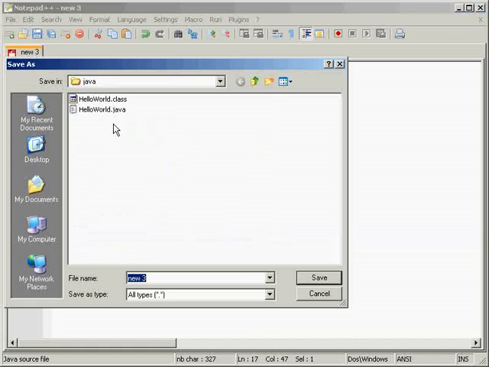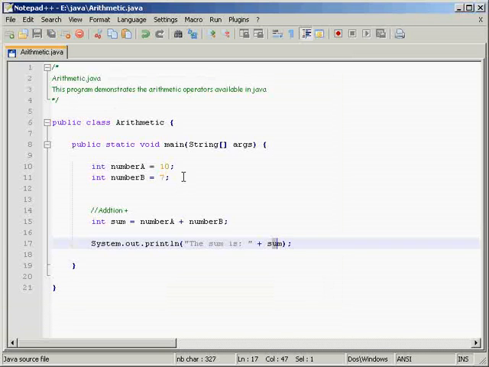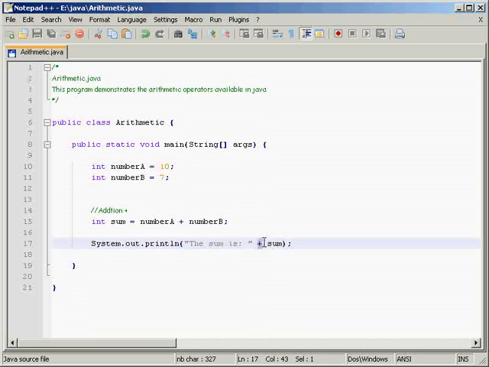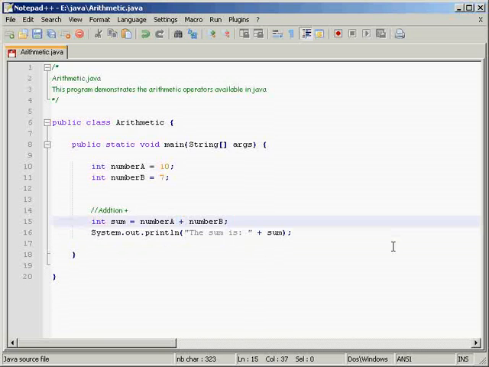So if we just save this, and we'll save it as Arithmetic.java, and we'll come over to our command prompt and we'll compile that, javac Arithmetic.java. Wait a second, it compiles without any trouble, so we'll run that straight away. The sum is 17. So you can see what the string concatenation does compared to the addition. So, that's addition taken care of. It really is that simple. And most of the operators in Java work in a similar way,